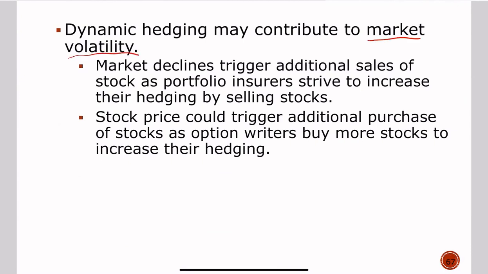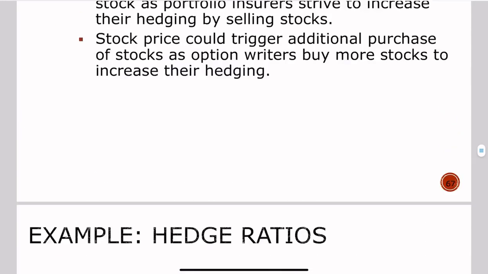That is, if market declines, then hedgers will sell shares, so market will decline more. If market price increases, these hedgers will buy more stock, so this will push market price higher, right? So basically this means hedging increases both the upward movement and downward movement, right? Okay, that's for